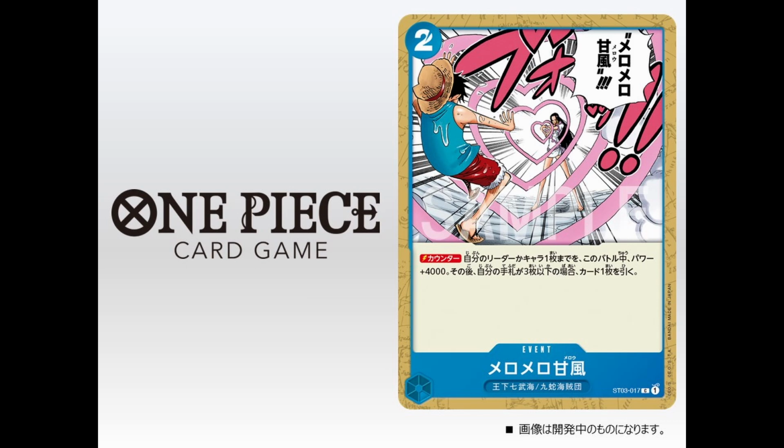So this is a very interesting counter because it does not have a trigger effect. So it needs to be in your hand, which it would be either way, but it does not give you an option if it's hit in your life. So it comes from your hand no matter what. And it has a really strong buff of 4,000. The Borrow Breath, the purple starter deck counter, is a 1-cost that gives 4,000 power. This is a 2-cost that gives 4,000 power, but in addition, it also gives you a potential draw if your hand has 3 cards or less,